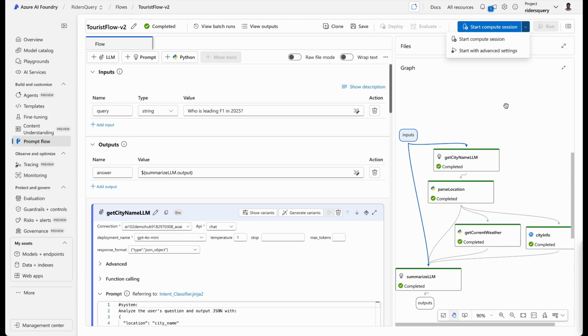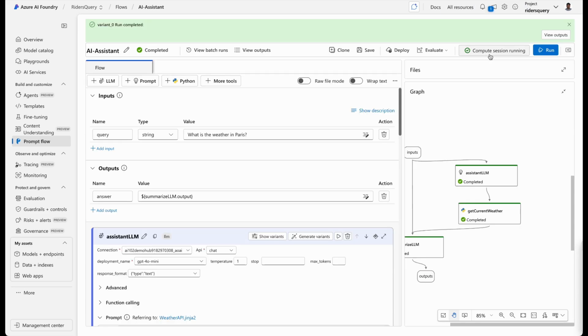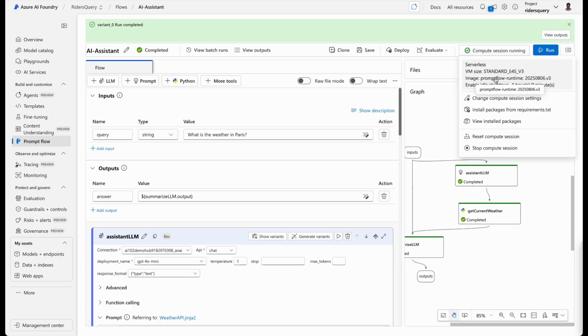In this case, it is going to use the default configuration to create a compute for you, or you can click on the advanced settings, wherein you can set the configuration that you want to have, like how many CPUs, and you can choose the VM image with this and start the compute session. The compute session, you see here, says that it's serverless, and you go to the management center,